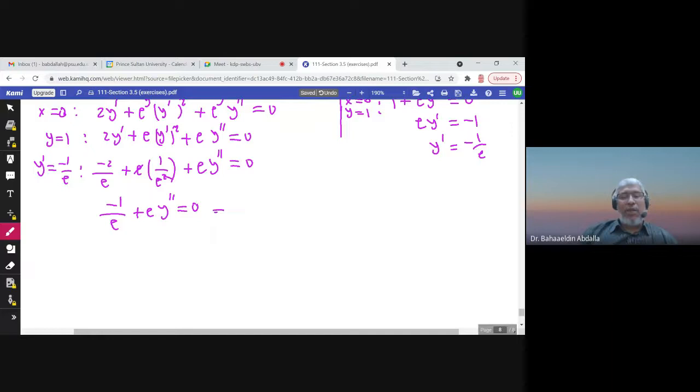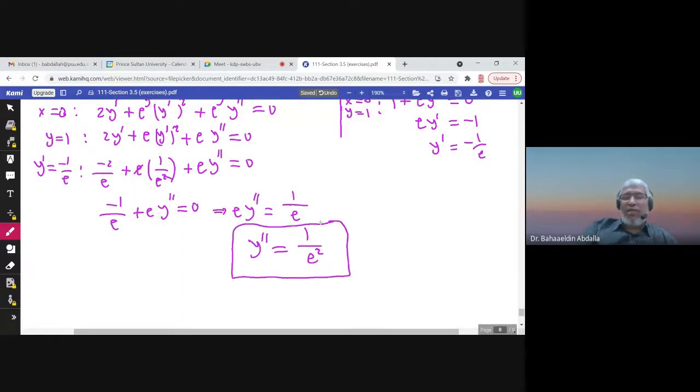To solve for y double prime, I'll take negative 1 over e to the other side, so it would be 1 over e. And now I can divide by e or multiply by 1 over e, and y double prime would be 1 over e squared. So when x is 0,